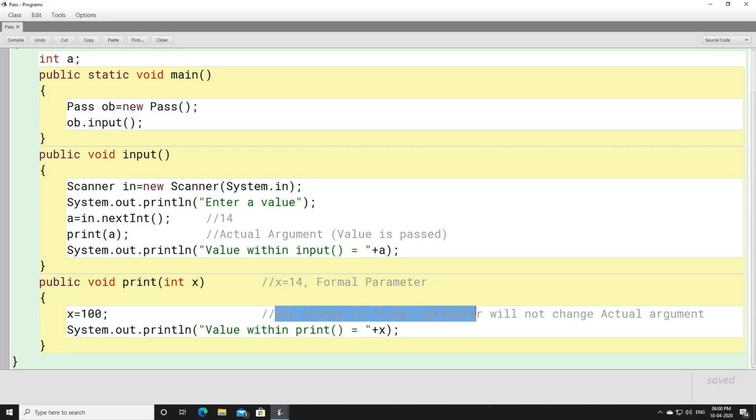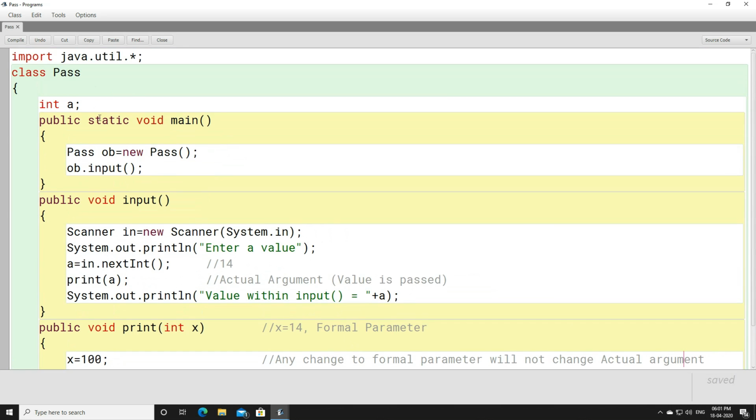What is the formal parameter? x. Although we are changing the value of x to 100, the value of a will remain 14. So any change made to the formal parameter will not change the actual parameter.